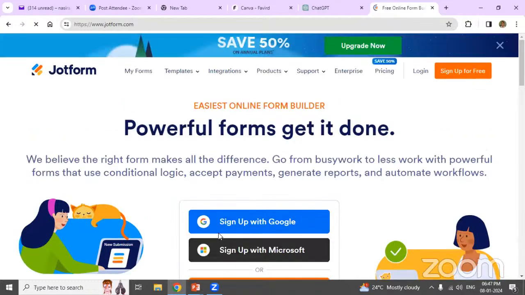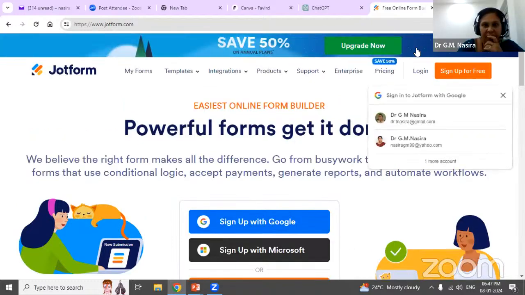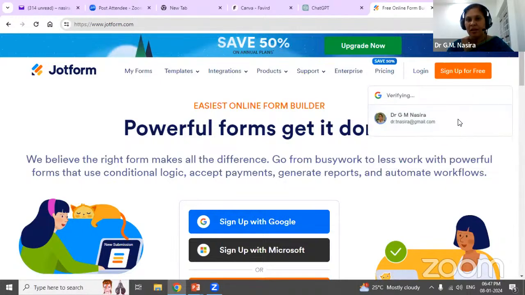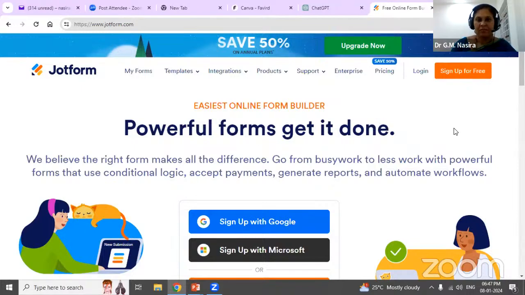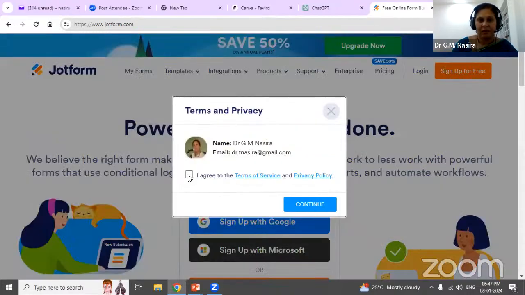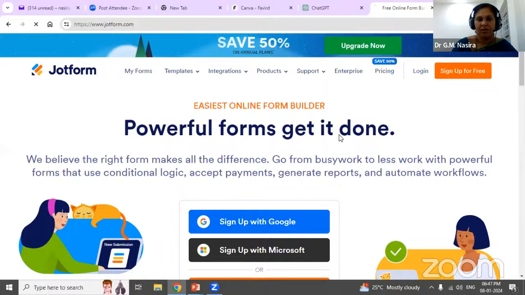So this is one actually very powerful app for building online forms. This also we find difficult in many places when we conduct a program, a conference, a seminar. So for all that, this will be useful. Let me give a demo. So I have to sign in. I agree. Continue.